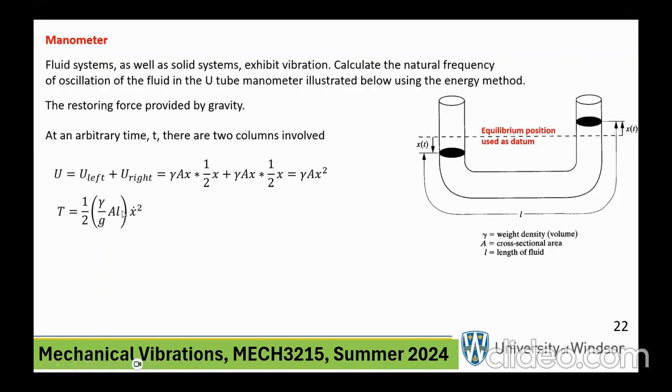Kinetic energy is basically the mass of the liquid, the entire liquid, which is translating with a velocity x dot. So 1/2 the mass of the entire column of liquid, right? The entire thing, the entire U-shaped thing, times velocity squared. Okay, and just write it down,